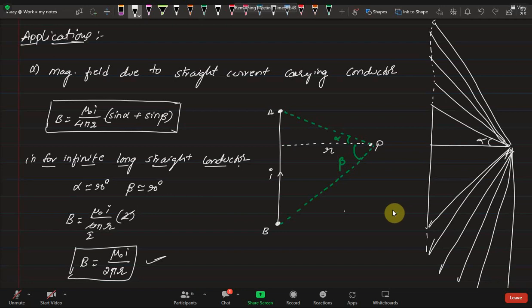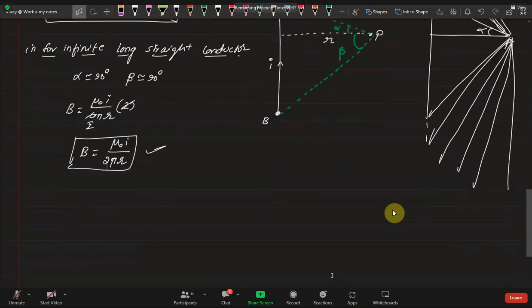Next point. For example, if I take a semi-infinite wire, this case is very important. Mostly problems will come from these cases. For a semi-infinite wire,